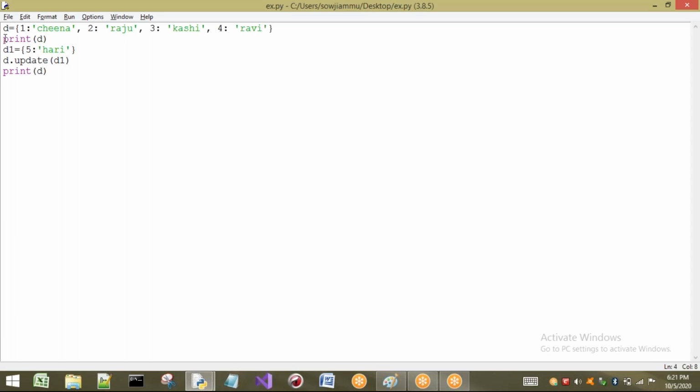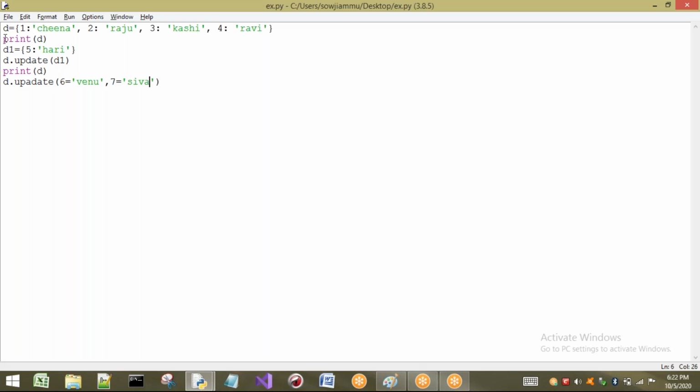Okay, right. Now I can pass not only a dictionary, I can also pass some other values. Let us take one more update here. After the update, I have taken this one. Now once again, I'm updating. See here, update. I'm going to take some values, like 5 which I have already taken. Let us take 6 equal to Venu, some name. Next, I want to take a 7 value also. 7 equal to Shiva. In this way also we can update.